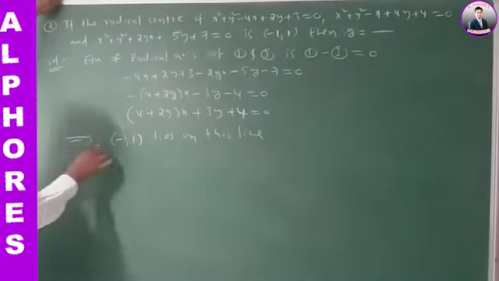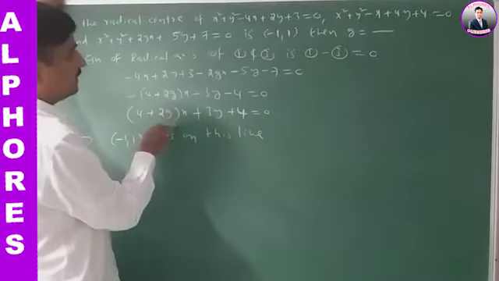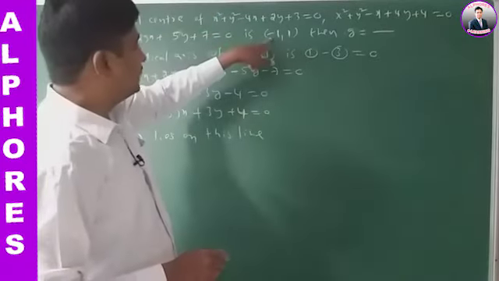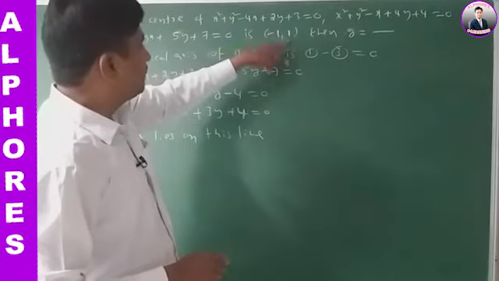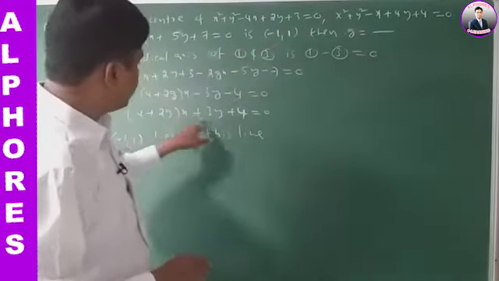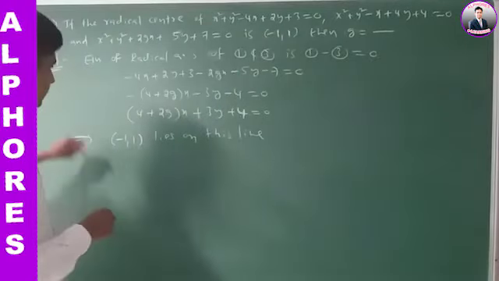Minus 1 comma 1 lies on this line. Here the point of intersection of the radical axes is called the radical center of the circles. Therefore minus 1 comma 1 is the radical center of these three circles. Then minus 1 comma 1 satisfies this radical axis equation. Therefore